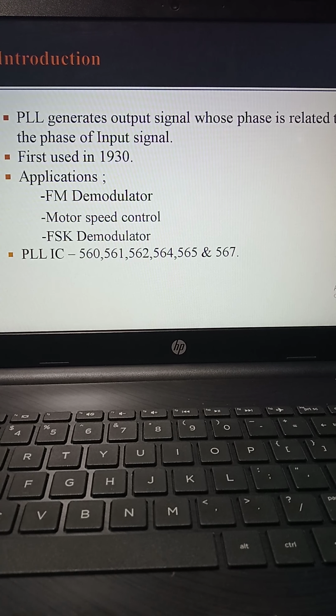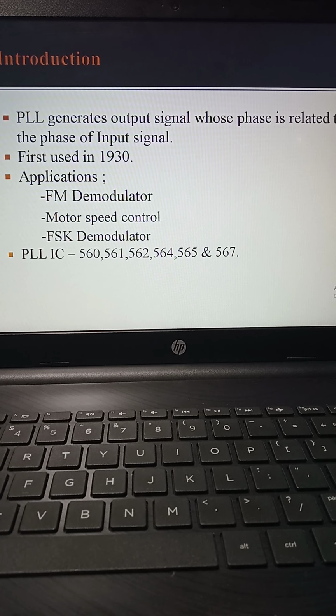But as the development in integrated circuits took place, the cost factor was reduced and PLL now has a number of advantages, so that it can be used in a number of applications. PLLs are used in applications like FM modulator, frequency multiplier, FSK demodulator, frequency division and many more. So basically the PLL is considered one of the important basic building blocks of many electronic circuits because it provides a number of advantages over other circuits.